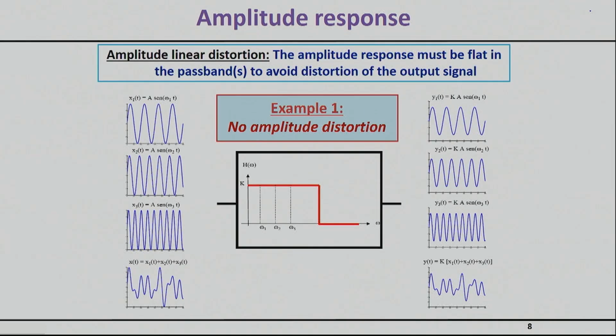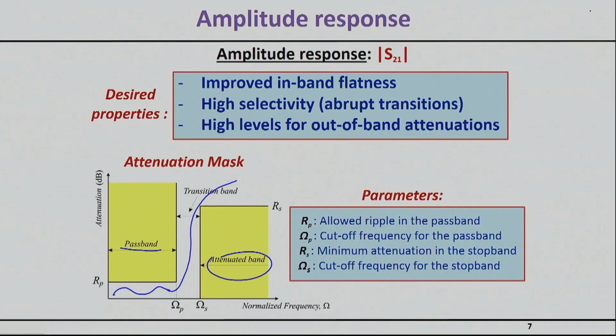So I want to give you a few examples here to understand essentially what these specs actually mean for the signal. A lot of times, for example, you will open a textbook and they will say, okay, design me a filter that has maybe a ripple of less than 0.2 dB. That means if I go back to the previous signal, that this S21 here in my passband cannot vary more